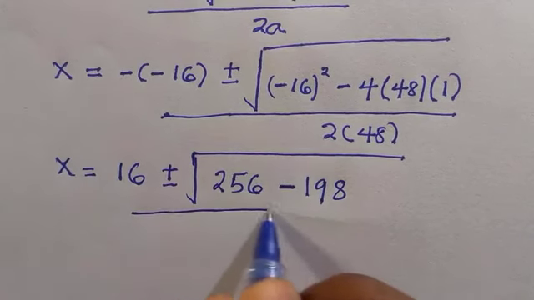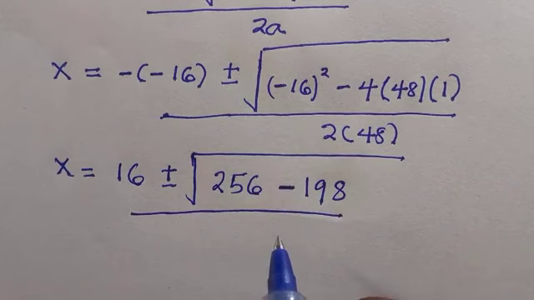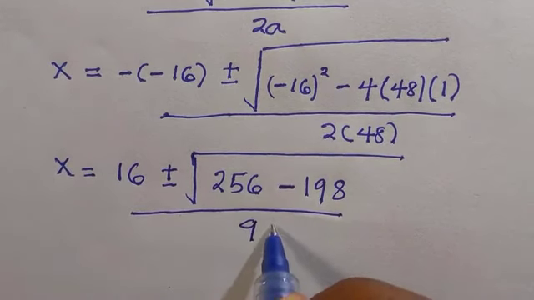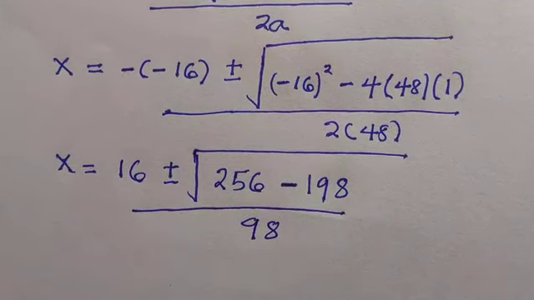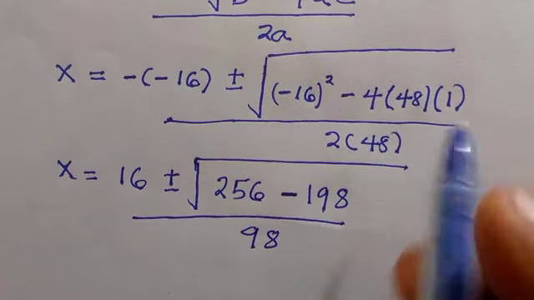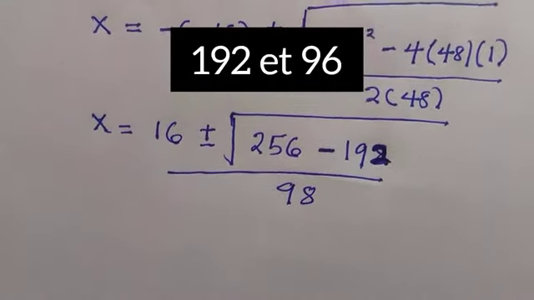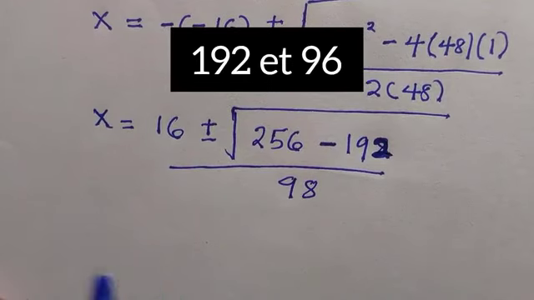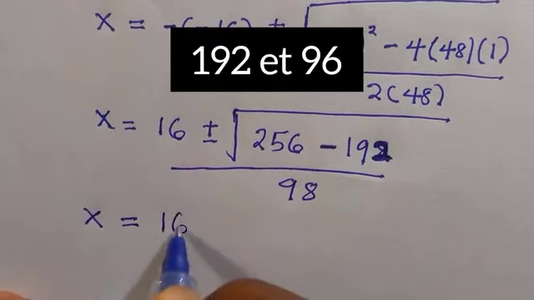So then divided by 2 multiplied by 48, that is going to be 96. And again, 4 multiplied by 48, and 4 times 8 is 32. Okay, so it changed to 2, then remain 3, then 4 times 4 is 16 plus 3, that is 19. So the next thing we are going to do here is, so we have x equals 16 plus